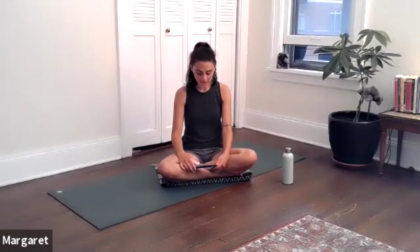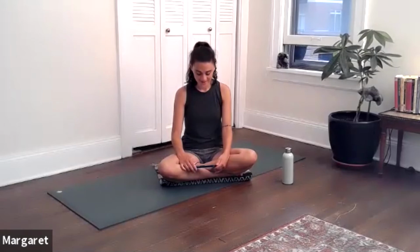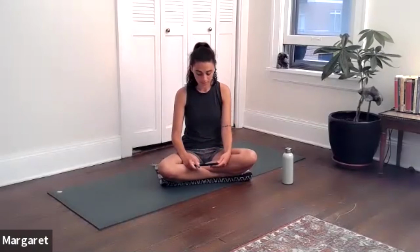Journey now to the left hand thumb and relax it. Relax the second finger, the third finger, the fourth finger, and the fifth finger. Relax the palm of the left hand, the back of the hand, the wrist, the forearm, the elbow, the upper arm,